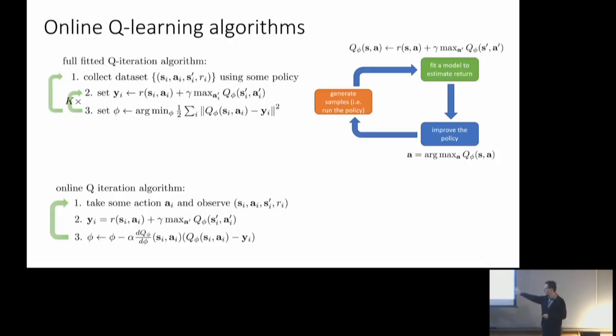In reality, this algorithm can work well for tabular representations or very, very simple function approximators like linear functions. It will not work very well for neural networks. And we'll talk about some practical improvements probably on Friday about how to instantiate this with deep neural network function approximators. There's a few things that you need to stabilize training in those cases. And of course, step 1 is still off policy, so you can take that action using a variety of different policies. This online Q-learning algorithm is the classic Q-learning algorithm. So if you ever hear of Watkins Q-learning, this is what this is referring to.